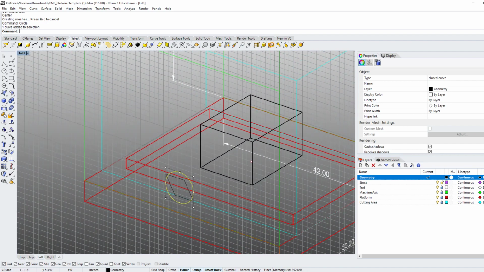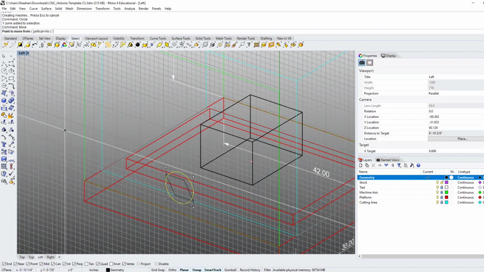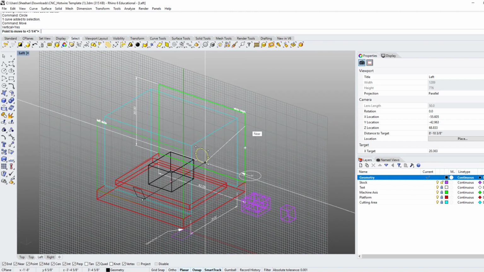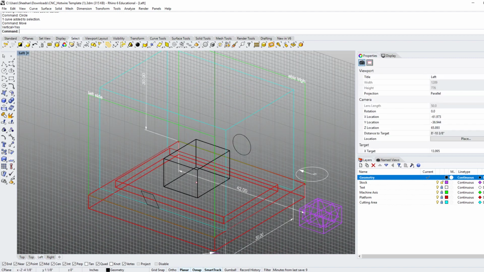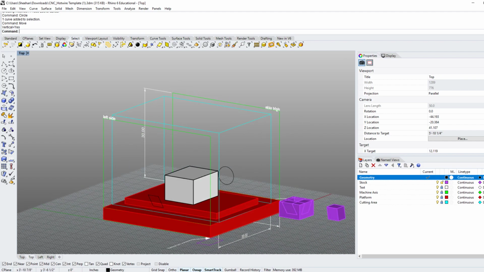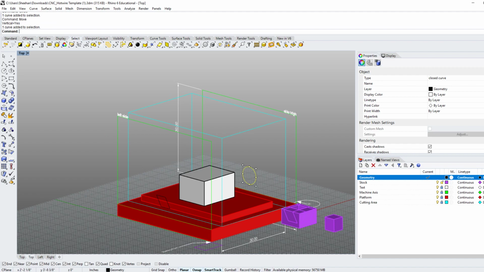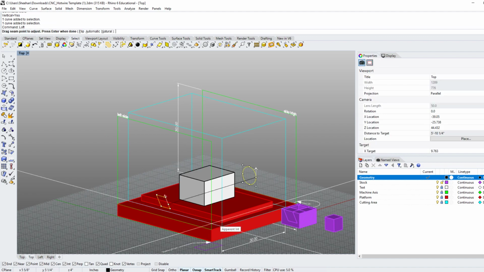So I go back into left view, type in move, hit this option for vertical, snap to the circle, and then I can move it out to where that drawing plane is. If I go back, now I have these two different shapes. If I select both these shapes and type loft,